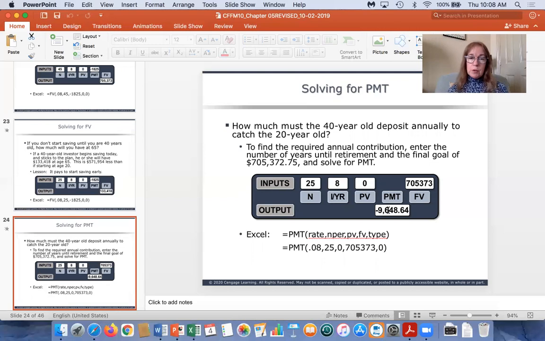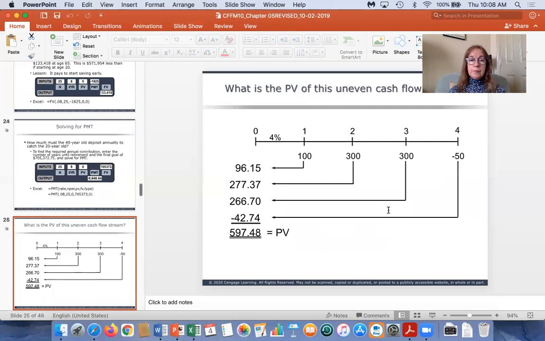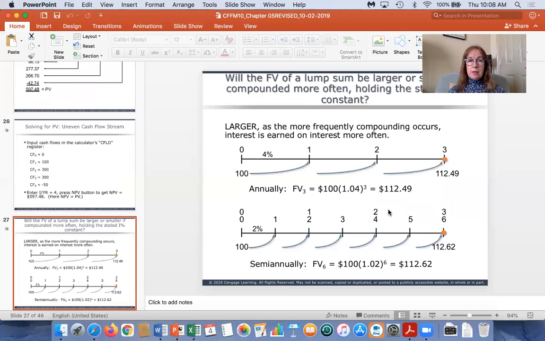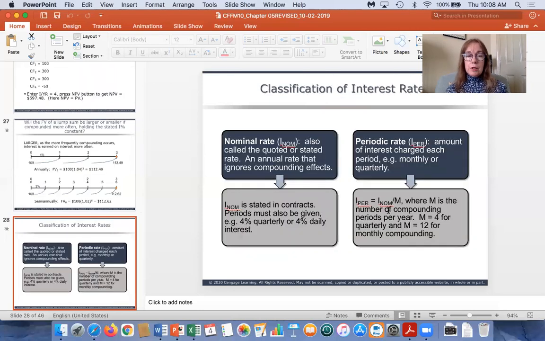So this really illustrates the power of compounding, why it makes sense to start saving as soon as you can and over the long run. All right, we're not going to cover the uneven cash flows in this chapter, so let me skip that. And okay, in this section we're covering